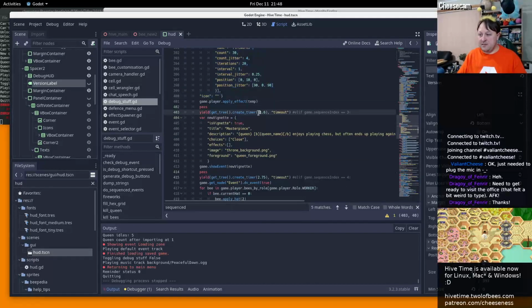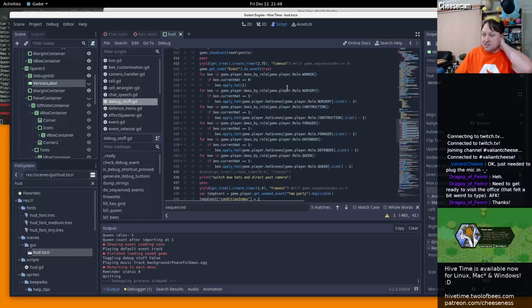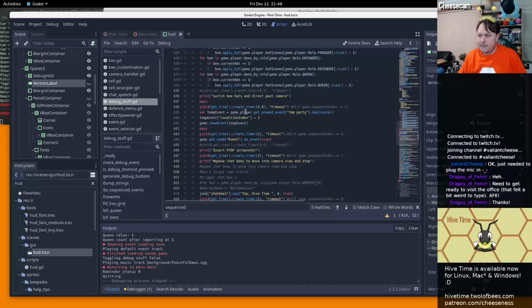And then we wait another 11 seconds and we show the vignette about the queen playing chess at the time that it says there's new vignettes. And when it says new hats, it converts all of the bee hats to their newest hats, except for workers who get the party hat. And then it waits another 2 seconds and does Yam Party, and then it waits another 2 seconds,